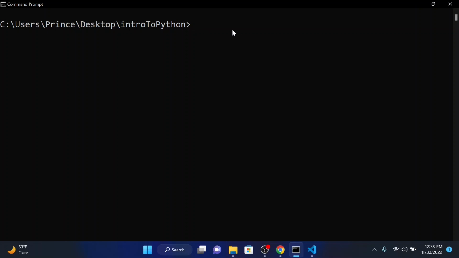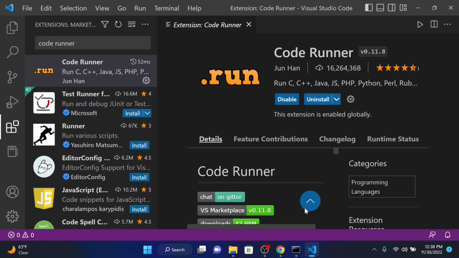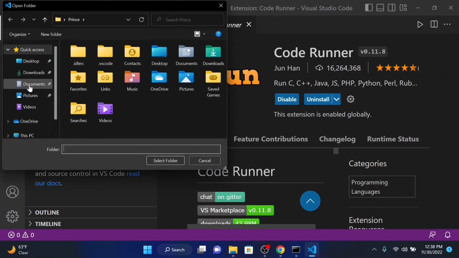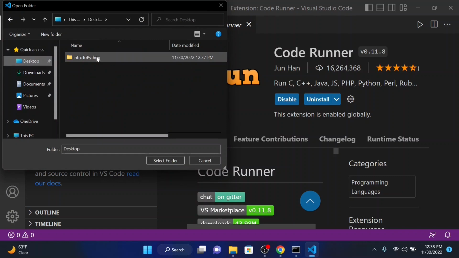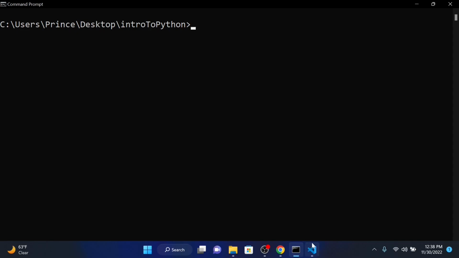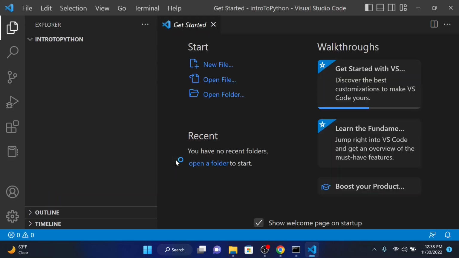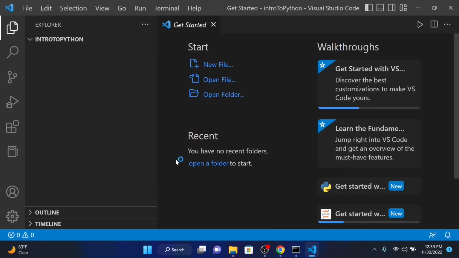So once I have this done, now I'm going to go ahead and open up my VS Code. I'm going to go in here and just say open folder. I'm going to go into my desktop, because now on my desktop you can see I have the intro to Python folder, and that's the folder that we created in here, right? So you can also just go ahead and create this folder by using the UI, but it's very good that you learn how to use the terminal as a programmer, because that's what we're using most of the time.